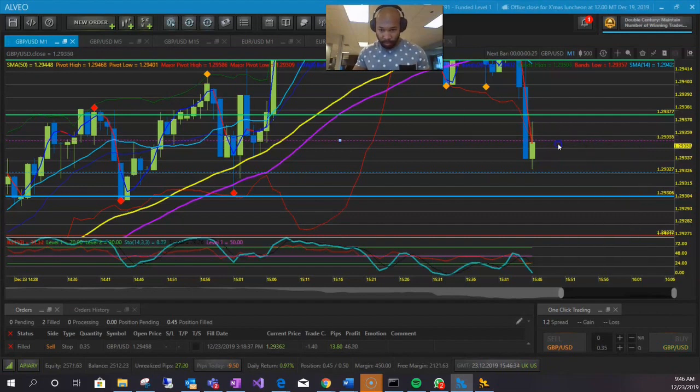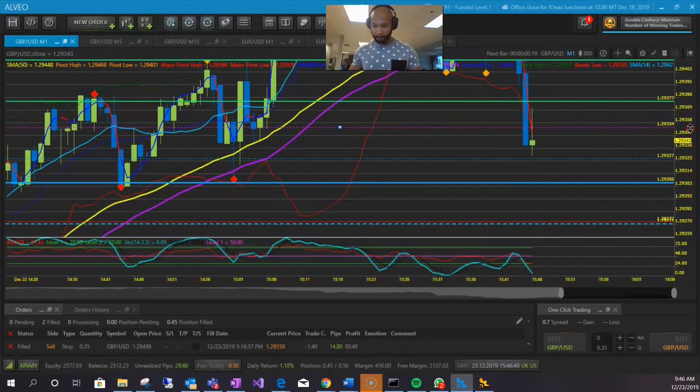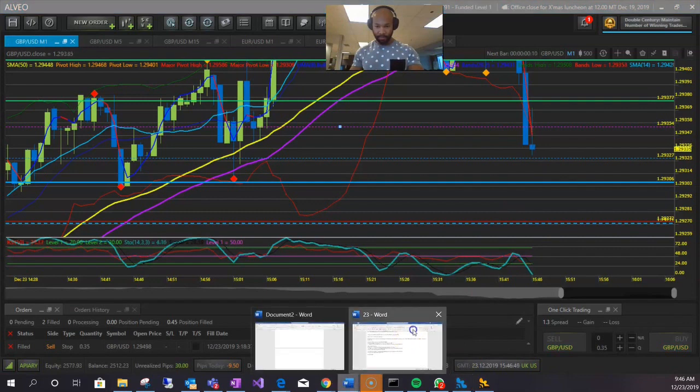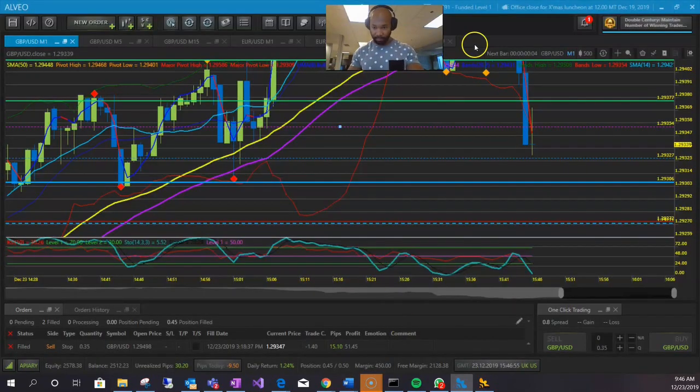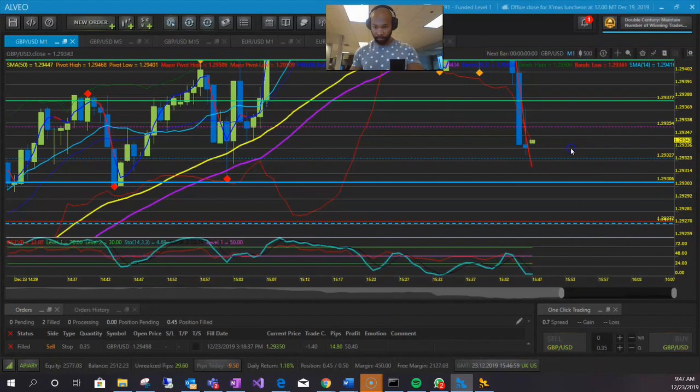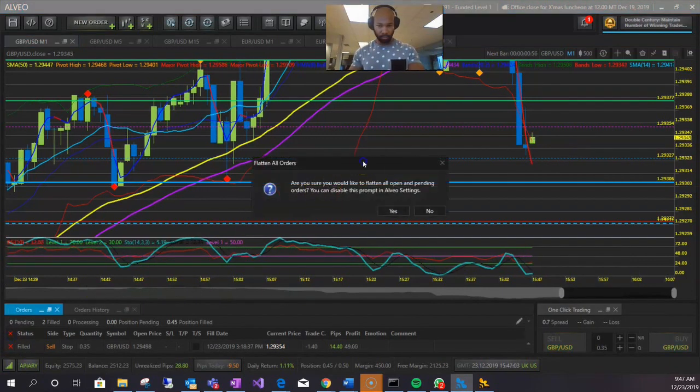The tail, the RSI having crossed 70, 65 to 70, and the first candle that crosses, the first couple of candles that get back inside the Bollinger Band, you take the low or the high of it, and you continue. You take that as your entry point. So here, I'm in heaven. 15 pips,